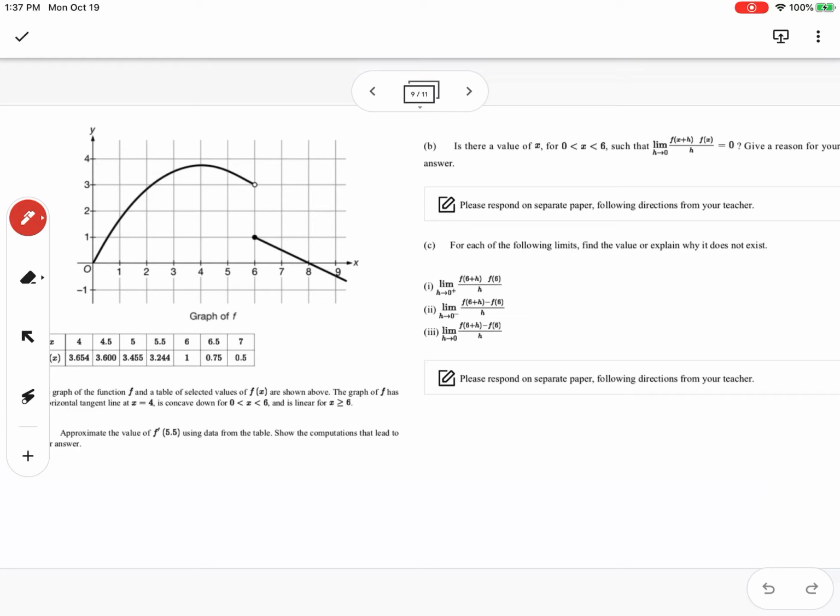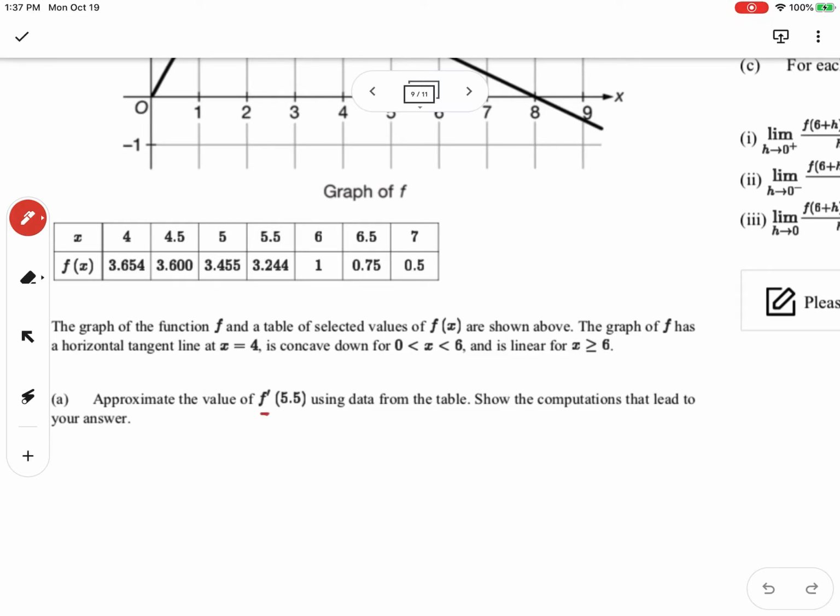Okay, so what I'm going to do next is work on these FRQ problems. For the first part, they're asking us to find f prime of 5.5, to approximate it using data from the table. So here's 5.5, 3.244. Now, normally, to approximate, we're used to doing f of b minus f of a